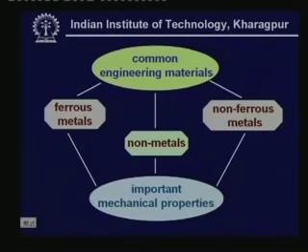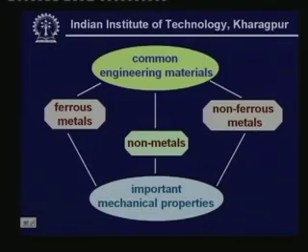So in this discussion on engineering materials, we will look at the types of ferrous metals that are available, types of non-ferrous metals, which are the important non-metals, and for all those, the important mechanical properties that we come across in the design of machine elements. So we start